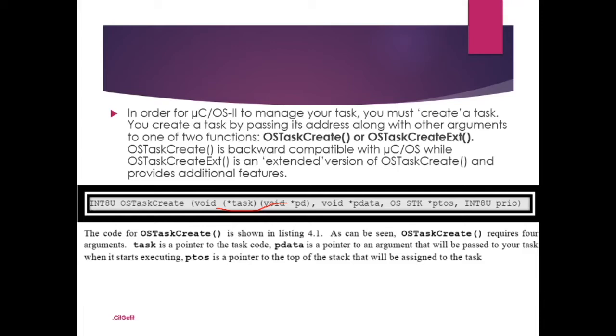The second thing that we can get is, when we are assigning the priority and we give the priority number as 5, and if another task with that same priority already exists, then we will get an error message which is OS_PRIO_EXIST. That means the priority already exists in that program.